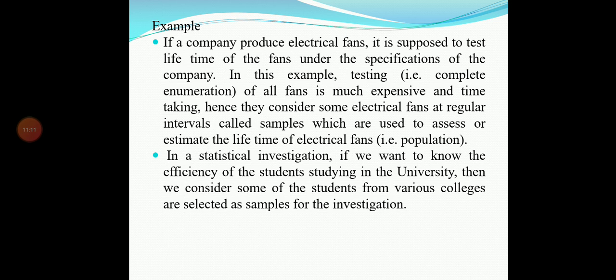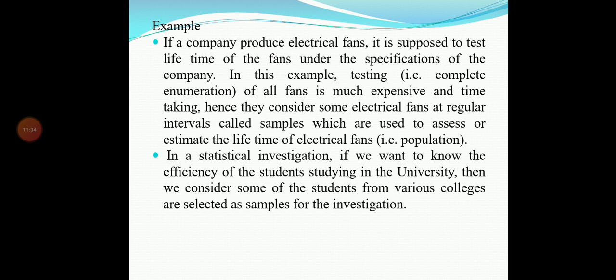So therefore, we consider some of the students from various colleges, 30 or 40 colleges. We select at random, and from each and every college we select some 5 to 10 students that constitute a random sample,